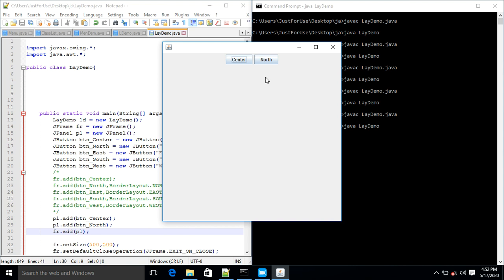Okay, so the panel is having what we call the flow layout, and this is what we see for flow layout. Now another person will be like, okay, can we change the layout of a particular container? Yes, of course we can change it. How do we change it? Okay, how do we change it? Now